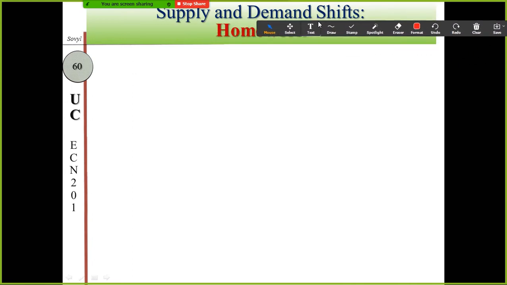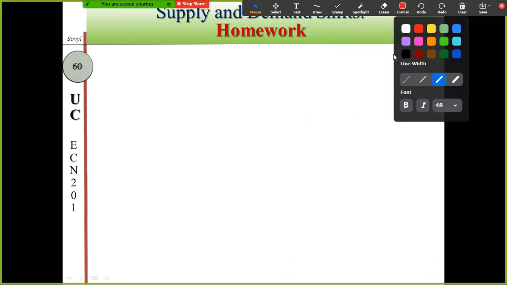Homework. The homework is about supply and demand shifts. Remember in the previous slides, for supply and demand shifts, we have 4 simple rules. Each rule has only one change. The first and second are only demand changes, the third and fourth are only supply changes. But when you look at this one,